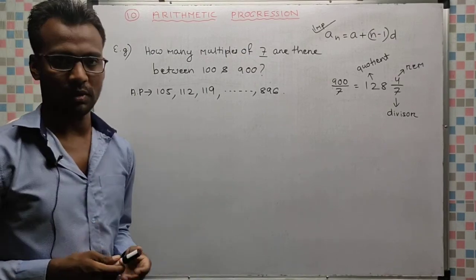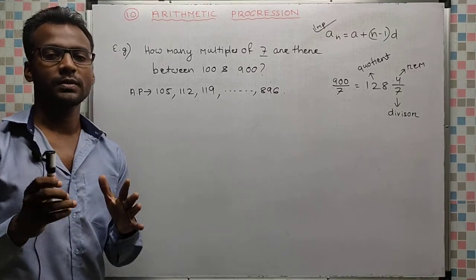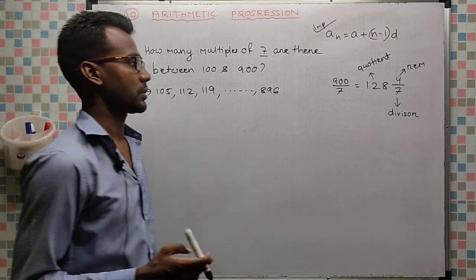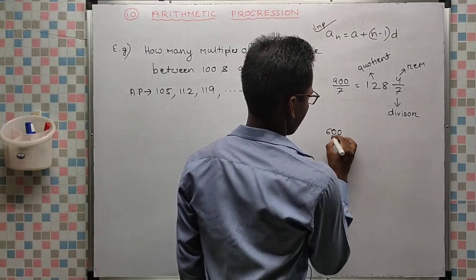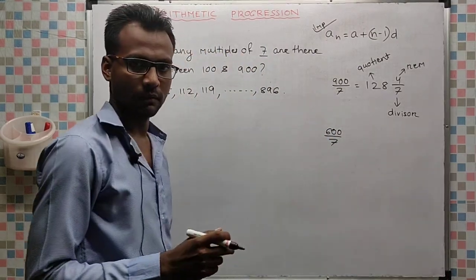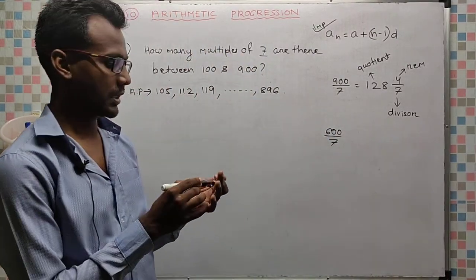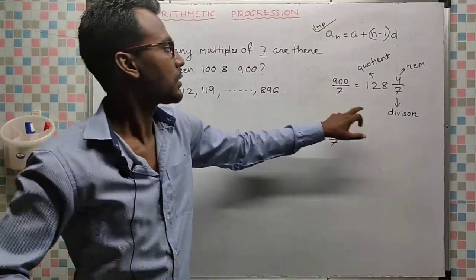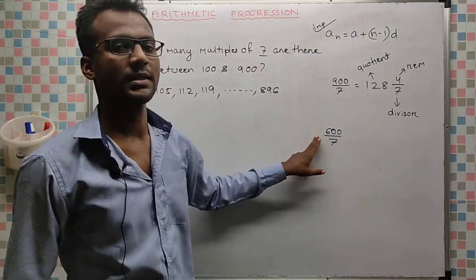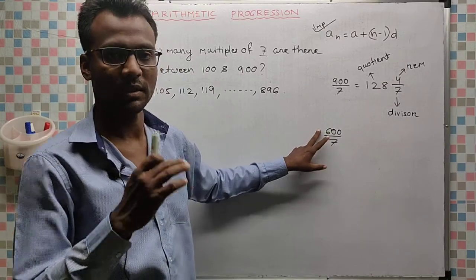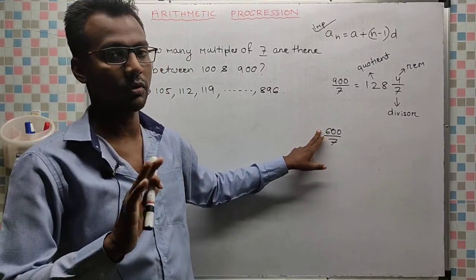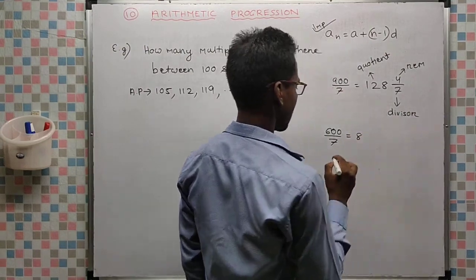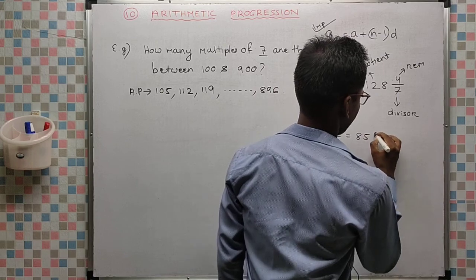If you get a greater number, suppose you want to find the first multiple of 7 just above 600, which is not a small number, how do you do that? Again, use this method, but it will be a little different. In the earlier case I wanted the multiple of 7 just below 900, so I subtracted. But here I want the multiple of 7 just above 600, not below, so this time I will not subtract. Let us convert to a mixed fraction: 600 by 7 is 85 whole 5 by 7.